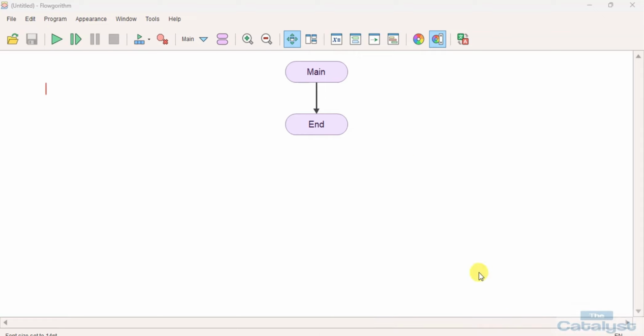We'll take a simple example of an algorithm presentation. So maybe we'll just write an algorithm